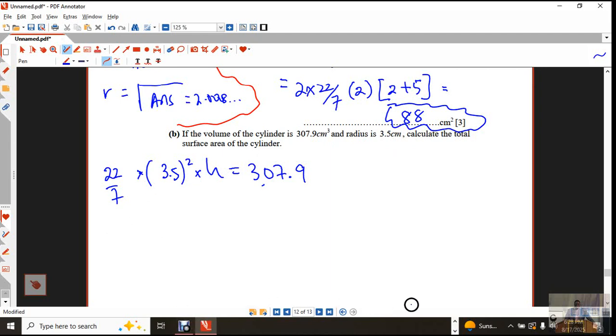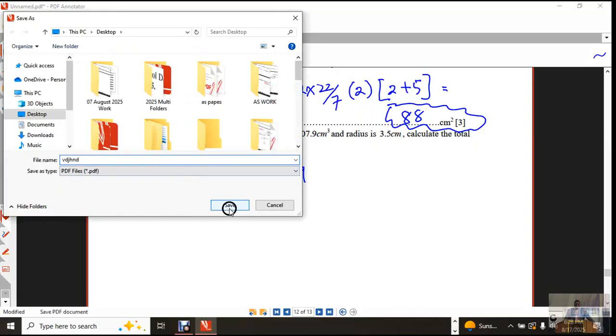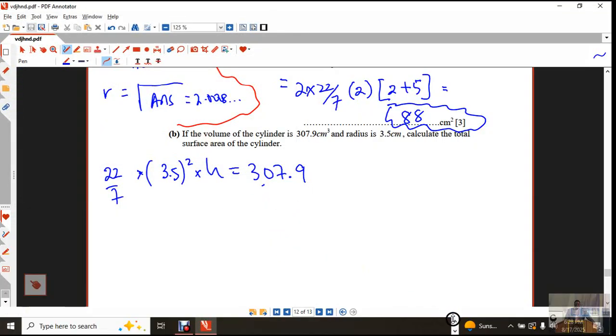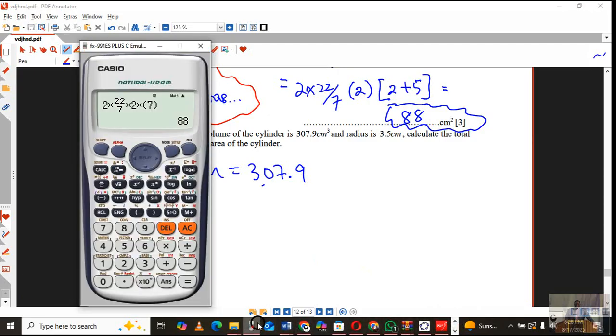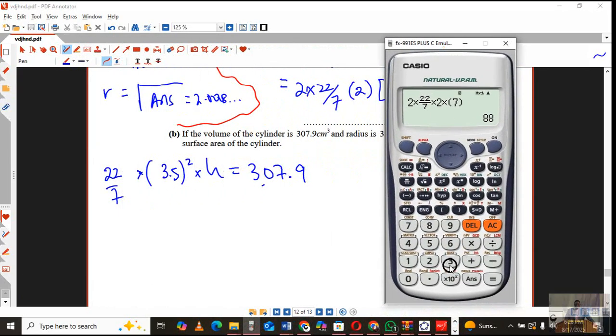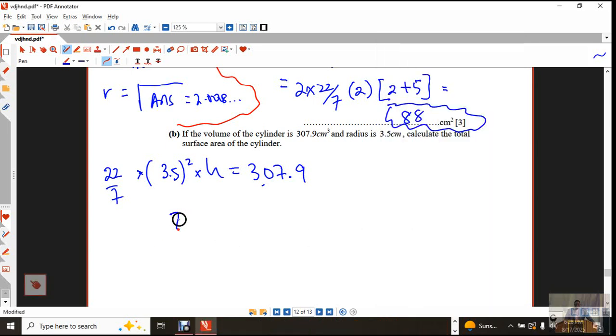So we can clean up this bit. Okay, save also. Let it do its own thing. You have got 22 over 7. This is a different question, so it has nothing to do with that question, but we'll be using the same formula. If I calculate that part, I get 77 over 2. It's very important that this is 77 over 2 times h is equal to 307.9. This implies that h would be